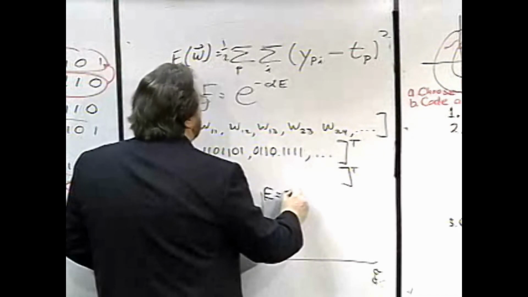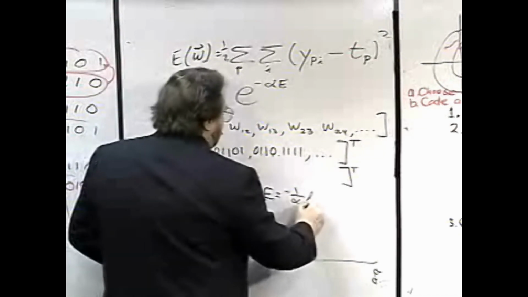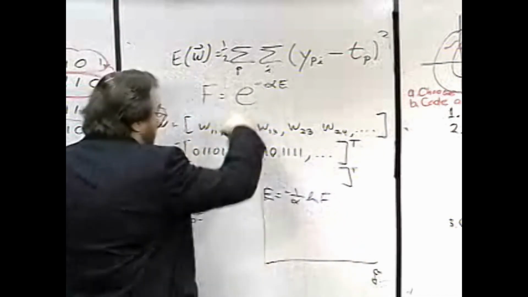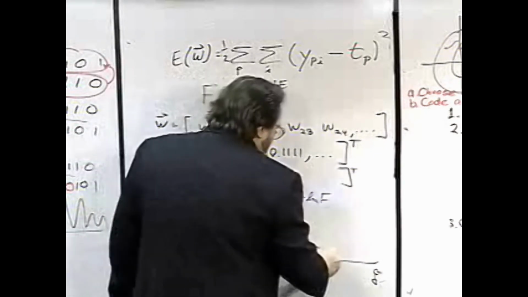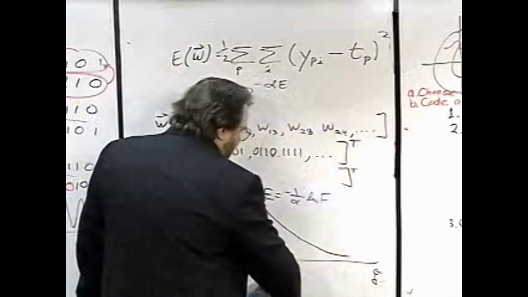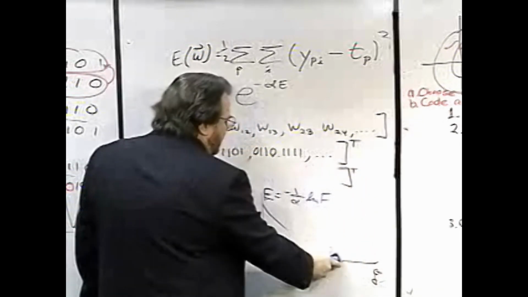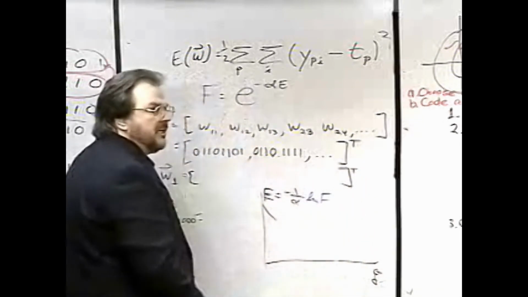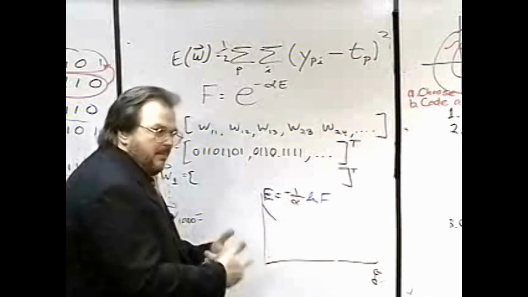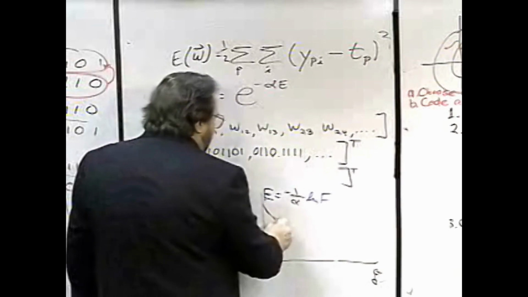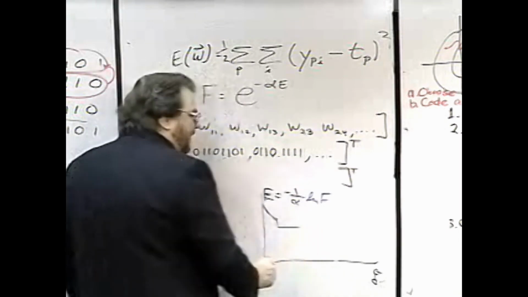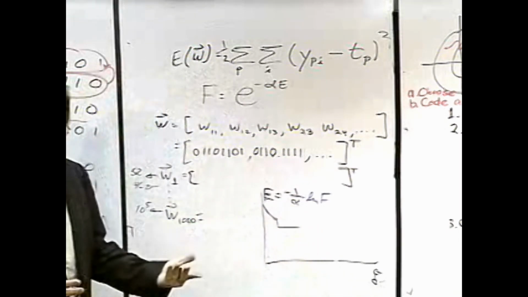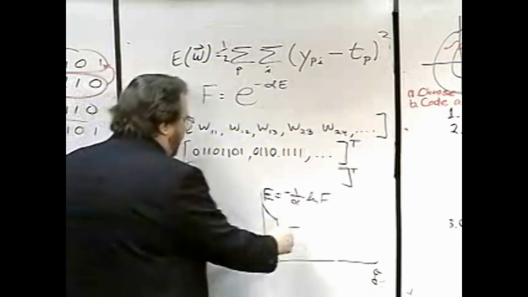Minus 1 over alpha times the log of the fitness, something like that, never how you solve for it. So the error begins to come down, and eventually you might get this. And you'll find for a while, especially if you do King of the Hill, you have very long flat spots in here, because things will be bubbling underneath, but your fitness is actually going to be done by your King of the Hill. So your King of the Hill is just going to get it flat, and then all of a sudden there's a rebellion from underneath, and they knock the King of the Hill off, and boom, it comes